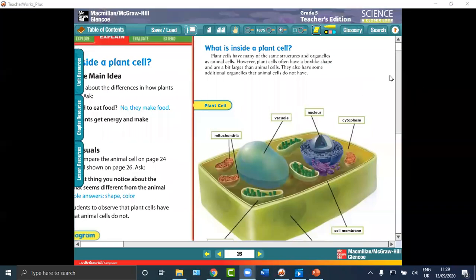What's inside an animal? Inside animals, there are cells. Teacher, can I read? Yes. Plant cells have many of the same structures and organelles as animal cells. However, plant cells often have a box-like shape and are a bit larger than animal cells. They also have some